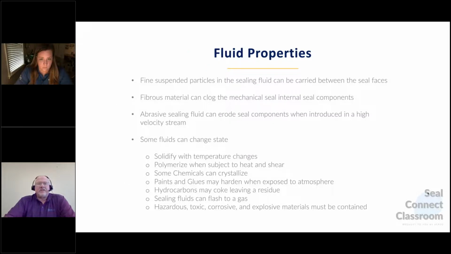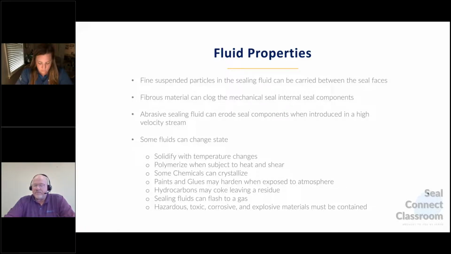So, talk about fluid properties. Understand you're trying to lubricate two faces. So when you make a decision about what to do and how to set up environmental controls on a seal, you need to decide whether the product you're pumping will actually lubricate a face and not cause you any harm to the seal. Things that you want to consider is fine particles in the fluid that can be carried between the faces,